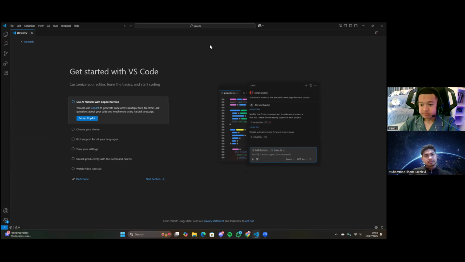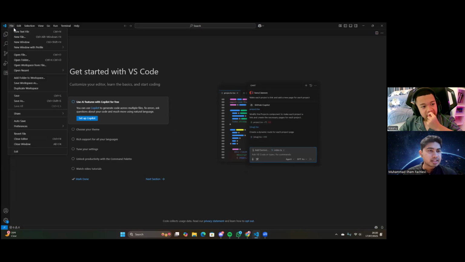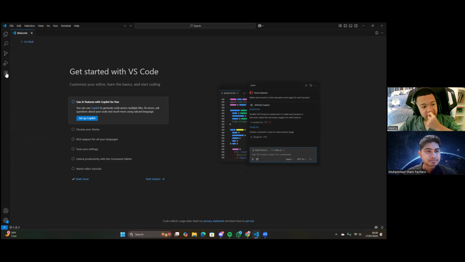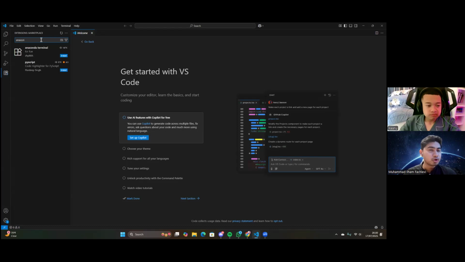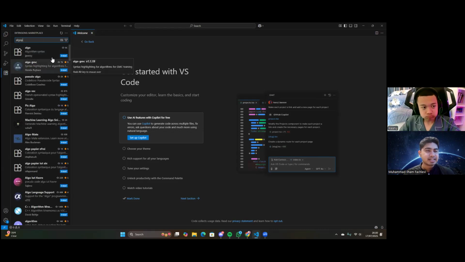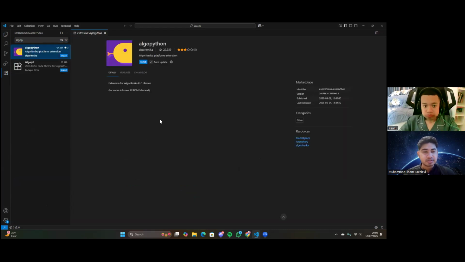Okay. And then on the left side, can you see the icon buttons? No, no, go down until we find the one named extensions. Okay, good. And then we need to find Algo Python. Ah, this one.